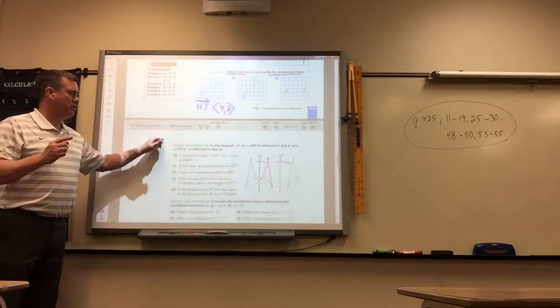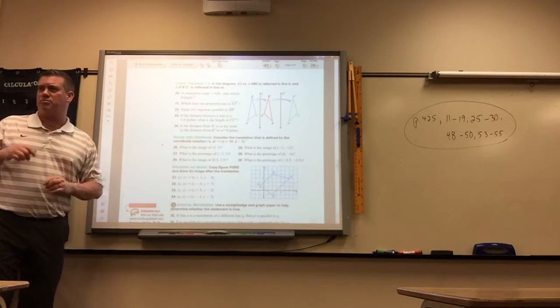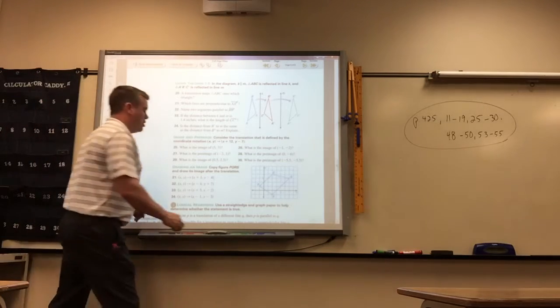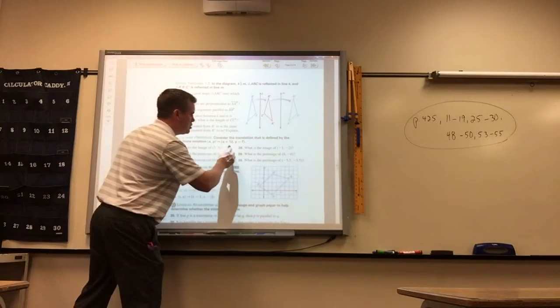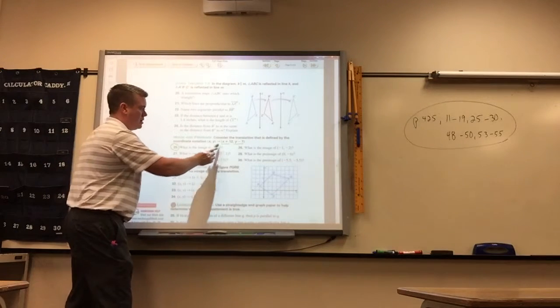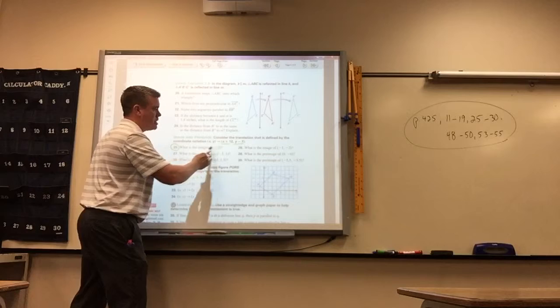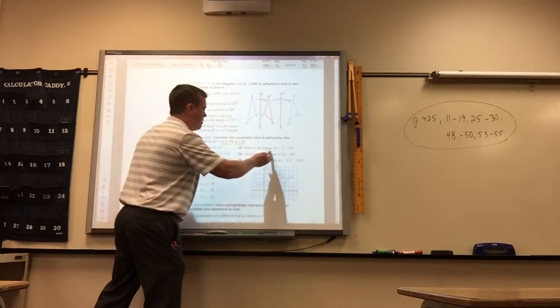Now, I want to show everyone this. Okay. Everyone just take 30 seconds to look at this. When you get to these, you're finding the new points, so you can just do what it tells you. You can take the x and add 12 and the y and subtract 7 when they're looking for the image,